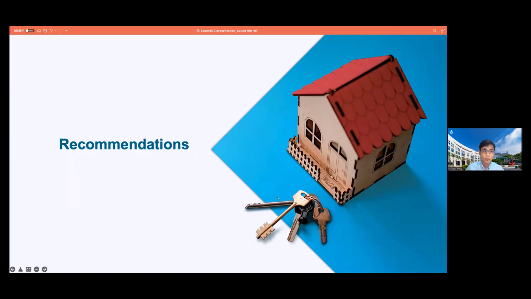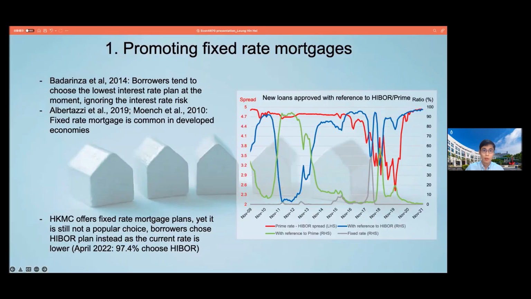Okay, so here are some recommendations. The first one is promoting fixed rate mortgages. As I said before in the interest rate part, some borrowers tend to choose the lowest interest rate according to the scholars, and it can be proved by